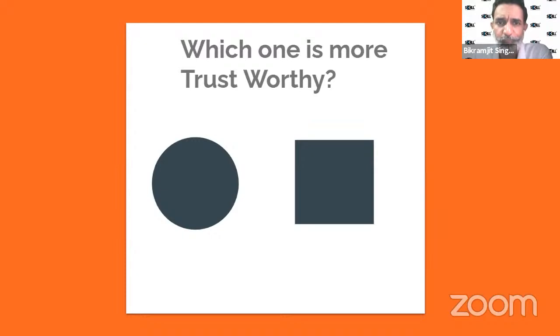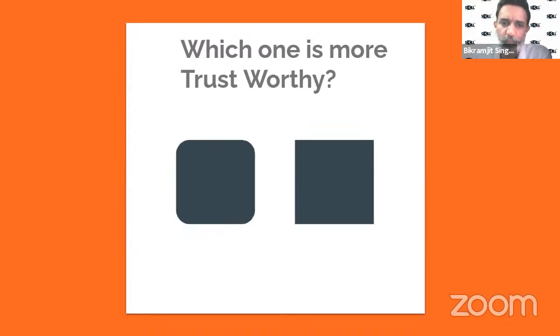Just notice the change I've done. I've composited a circle or an oval with the square. I've given rounded edges to that. So now the left side part, the rounded rectangle or the rounded square, composites both of it. So it means that you have added double meaning to it. You have added double value to it.